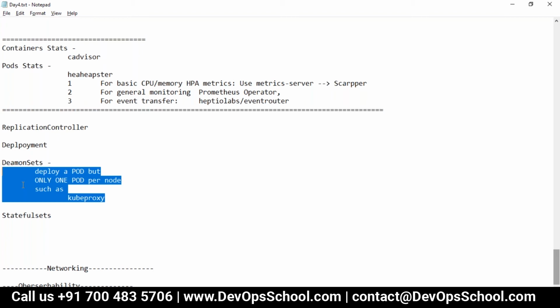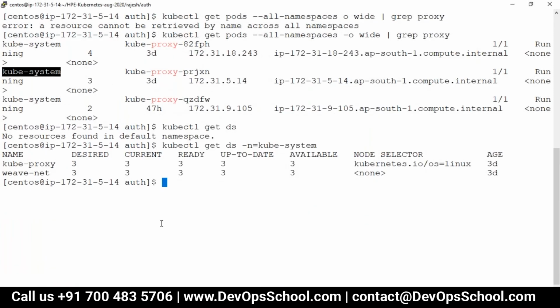Do we have to use a metric server, or if we use a daemon set, which is a good one to capture the monitoring things?